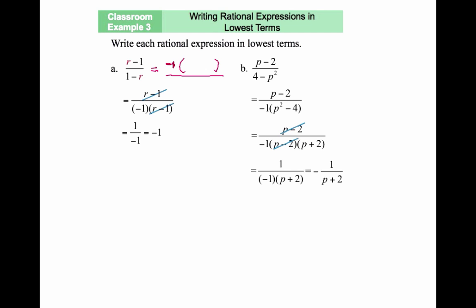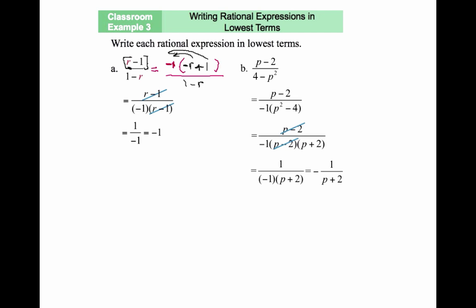Let me go ahead and factor a minus 1 at the top of the fraction, and see what happens. If I factor a minus 1, what times minus 1 gives me this first term? It would be minus r. Minus r times minus 1 gives you r. What times minus 1 gives me the second term? It would be plus 1, right? If I distribute this, you can see that, right? Minus 1 times minus r gives me plus r. Minus 1 times plus 1 gives me minus 1. You notice that I'm not multiplying this by negative 1. I'm just simply